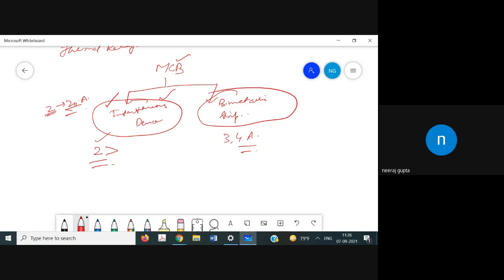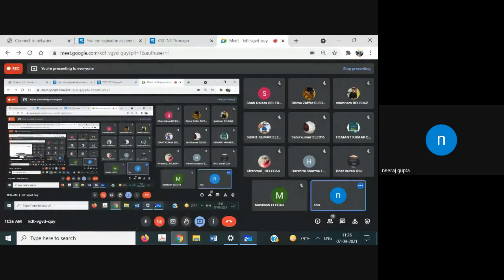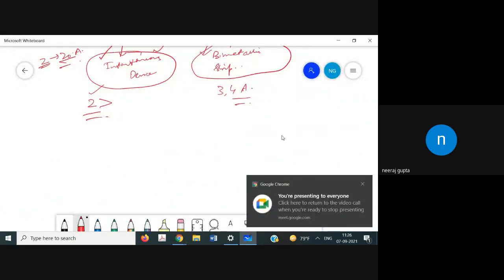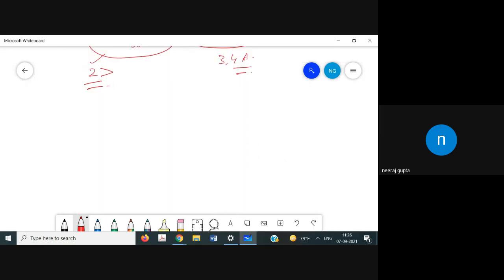Now, as you know, the basic idea of any thermal relay is the heat generated. The heat generated in any electrical equipment is given by I squared R T, and the heat dissipated, let it be denoted by T D. Now the equilibrium temperature, what happens? The heat generated equals the heat dissipated. It means